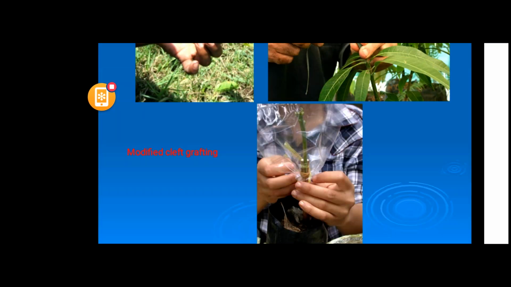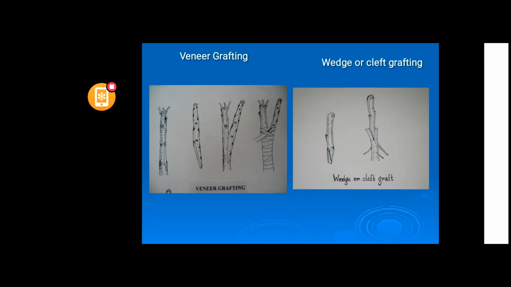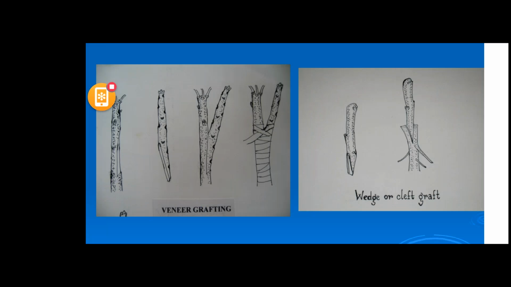And another method I can show you is veneer grafting. It was also practiced earlier, but here it is a very good method. As you know, for the one year seedling, you have to graft within the first 20 to 25 centimeters of the trunk.